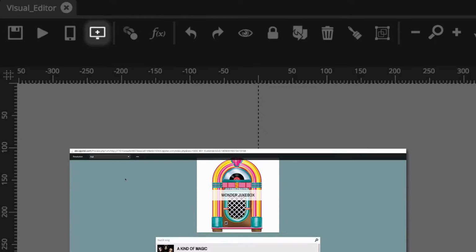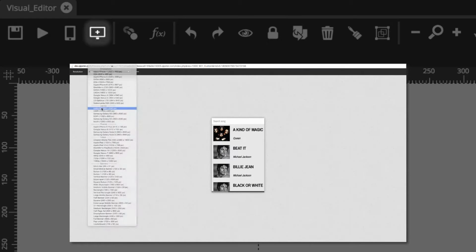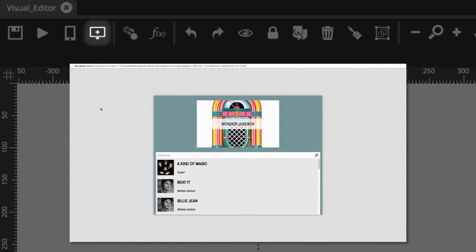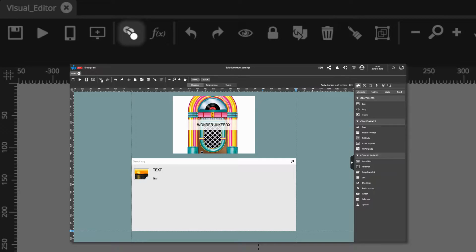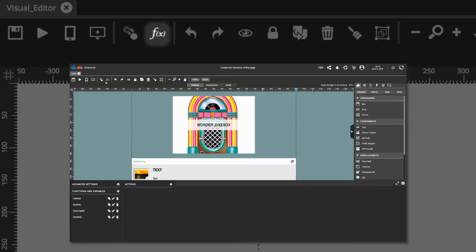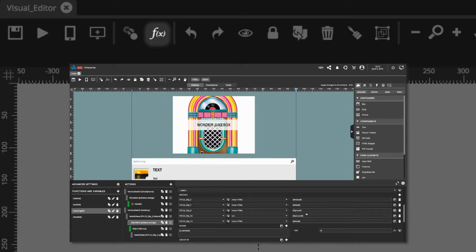The third one provides a preview in a new browser tab where you can simulate the behavior of a page on a variety of devices, from desktop PC to laptops, tablets, and even smartphones. The animation button displays a visual tool to animate your elements using keyframes on a timeline. We will discover this interesting feature in another video tutorial. The FX button opens a panel where you can apply the logic to your project, such as dynamic SEO, page scripts, dynamic data binding, functions, behaviors, and more. We will cover this powerful feature in another tutorial.